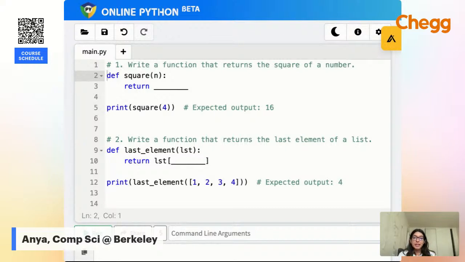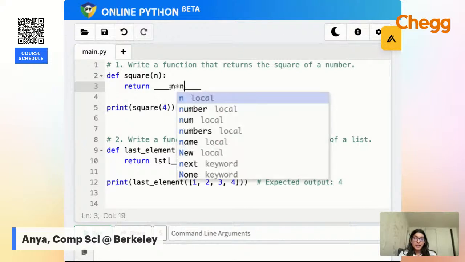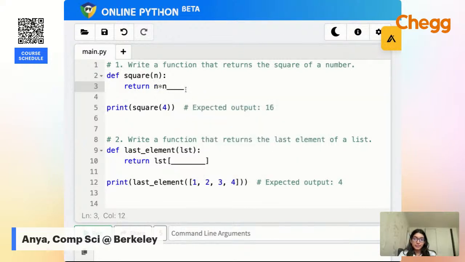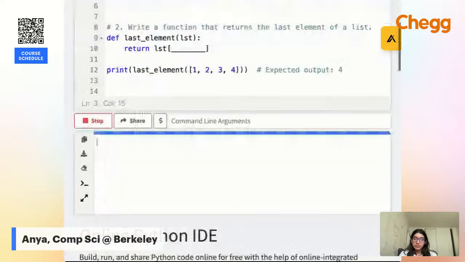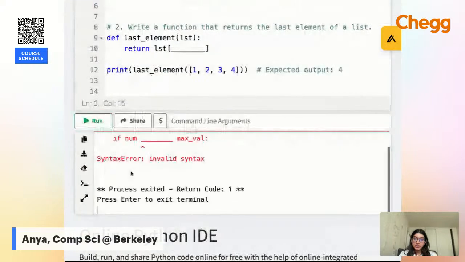For summing up even numbers in a list, we need to loop through the list. And since we're writing a function, we have to make sure that if it repeats, it works over and over. So in this case, if we have n, we would just multiply it by itself, which is n times n. So now if we were to run this program,